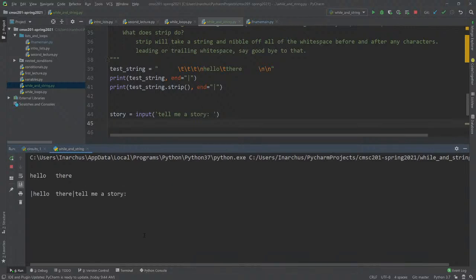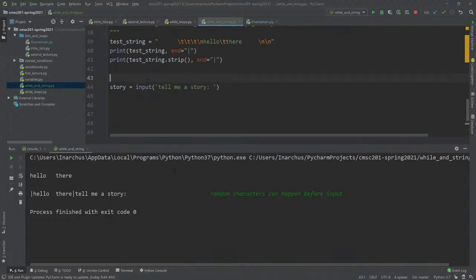It is totally possible to have a bunch of spaces and even tabs and random characters happen before input. So it's definitely possible that someone will do something like this. So it's always good to know how strip works, because sometimes you want to make sure that none of that extra white space gets taken. There are a lot of reasons why you might want to get rid of the white space. For instance, if you're going to stick it into an int conversion, let's see what Python does with this